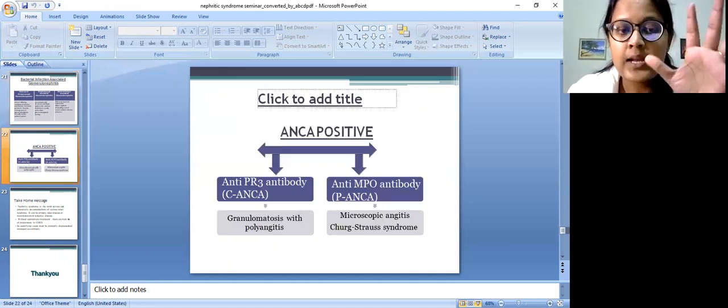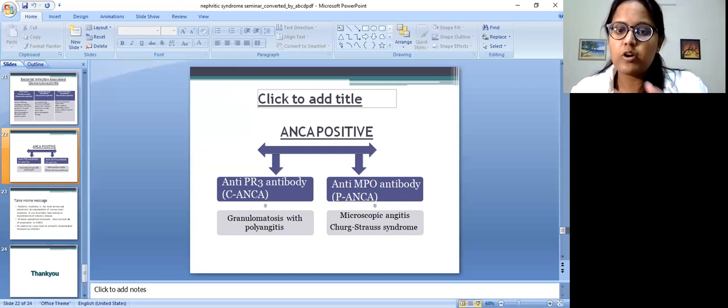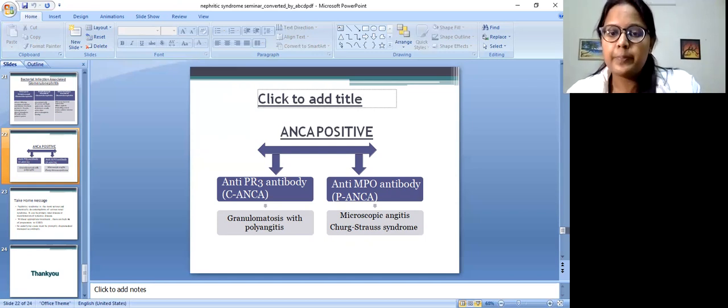Last thing you can do is ANCA, which is antibody, P-ANCA and C-ANCA. It is anti-myeloperoxidase antibody and anti-proteinase antibody. Basically, these are also patterns, either the cytoplasmic pattern or the nuclear pattern. So depending upon this, you can diagnose vasculitis, because when you look for the causes of RPGN, there is a pauci-immune cause, which includes small vessel vasculitis.